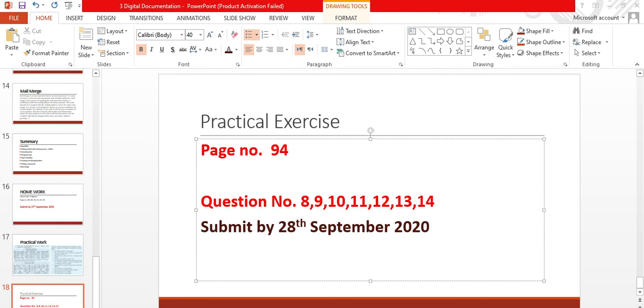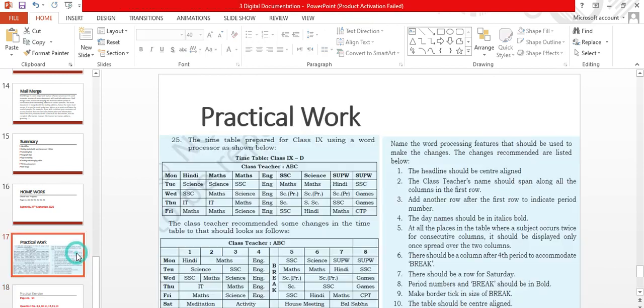When you are doing the practical work, it will take only half an hour maximum. So do these questions 8 to 14. For the paragraph, you can copy and paste, no need to type. But when you are copy pasting, you should make the changes in text, size and so on. You should submit the document file by 27th September. And this practical work you should submit by today evening. Complete these question answers and submit today evening only.